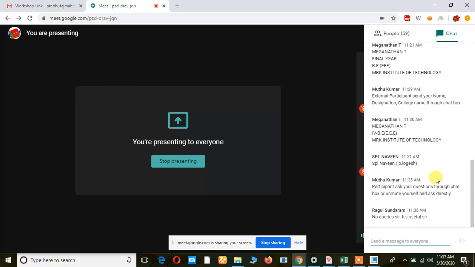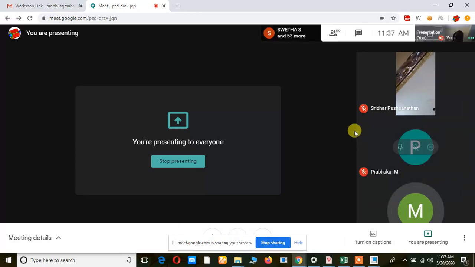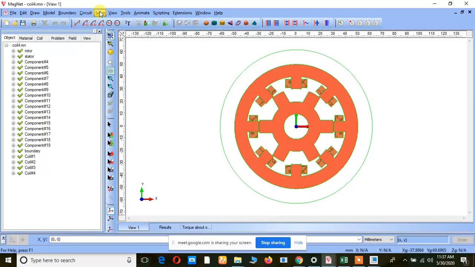So, Prabhu sir, can you explain what the features of the simulation software are? What applications are we going to use, and which type of analysis will we do with this software? Sir, the basic thing is that this FE analysis is not framed only for the switched reluctance motor. We can use it for any type of electrical motor, and it can be a motor or a generator.